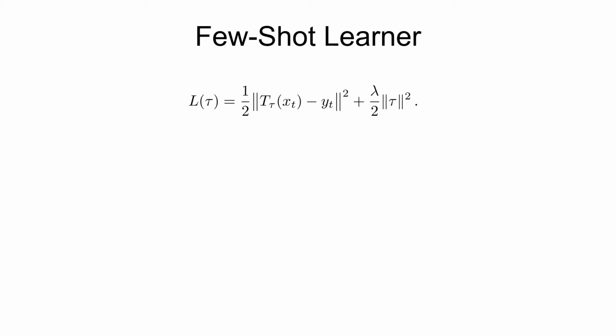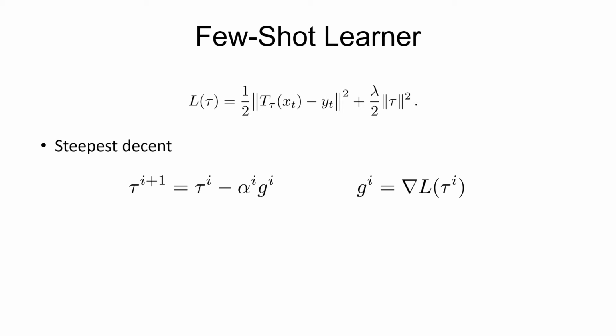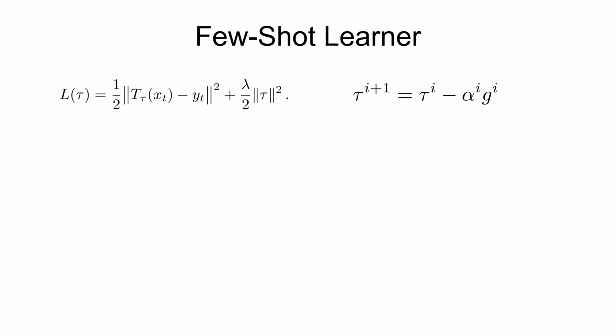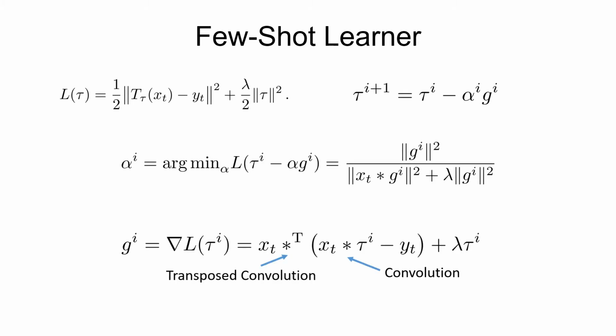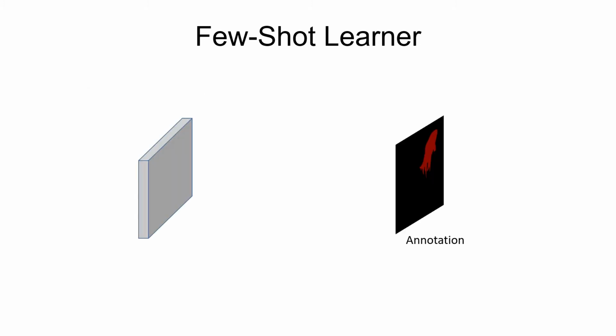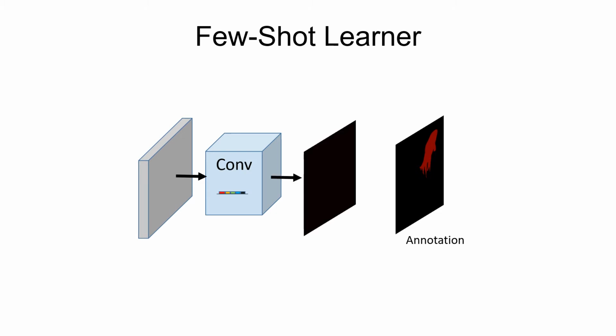To achieve fast convergence, we employ steepest descent iterates to minimize the loss. In the steepest descent algorithm, the parameters are updated by taking steps along the gradient direction. The step length is computed by minimizing the loss along the direction of the gradient. To our favor, the optimal step length is obtained from this simple closed form expression. Moreover, both the step length and the gradient can easily be computed with simple network operations, utilizing the convolutional structure of the problem. We can thus backpropagate through the few-shot learner during training. As we can see, the target model predictions are fairly accurate after only a few steepest descent iterations.